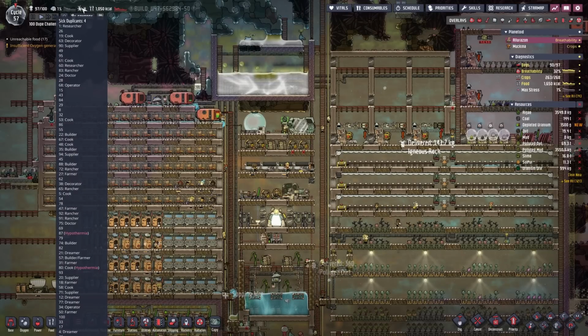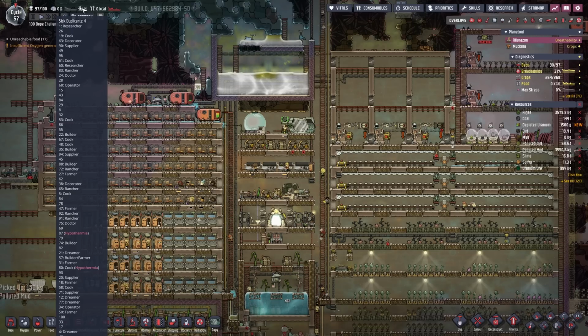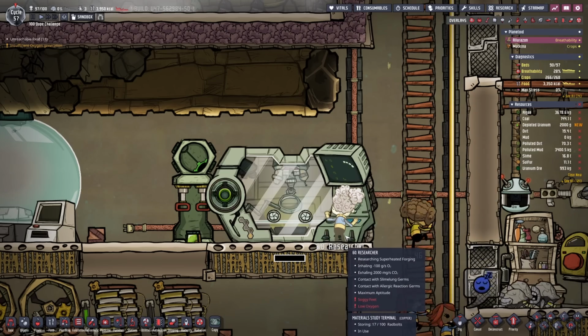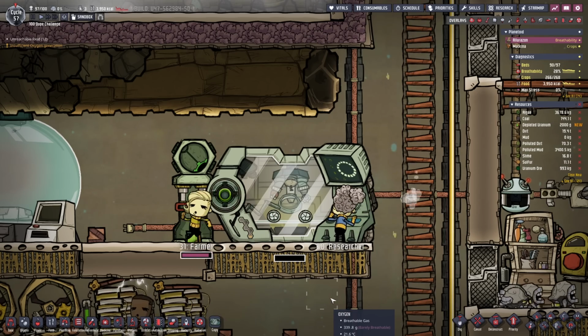But check this out. Out of 100 people, only 4 have a problem, like hypothermia. Nothing really bad. All the slime lung is gone, and the other diseases that were kind of a pain in the butt. We now have our first researcher taking advantage of the material study terminal,